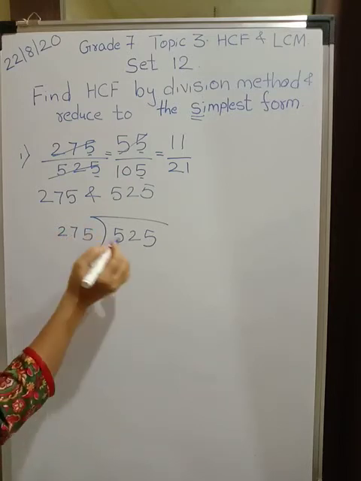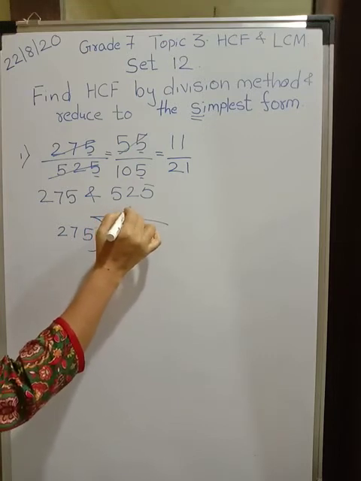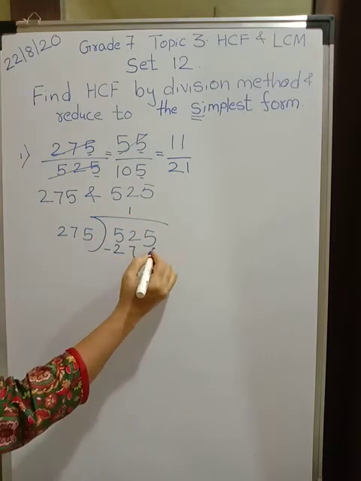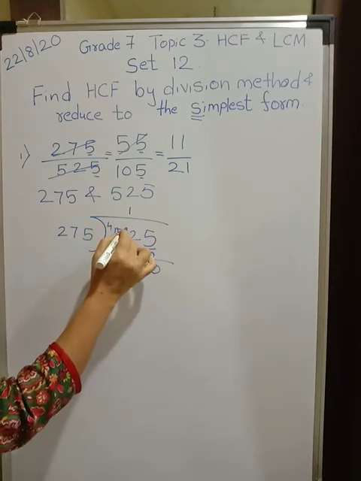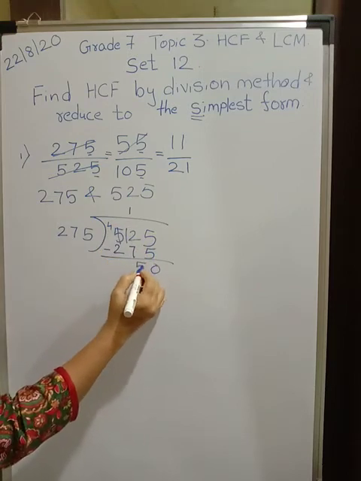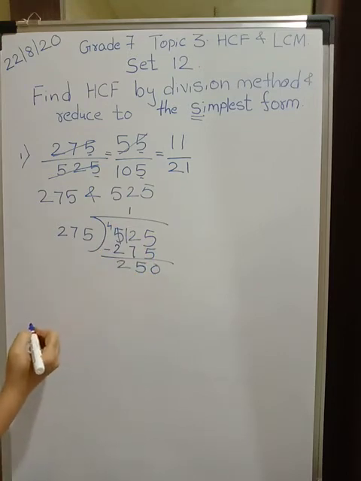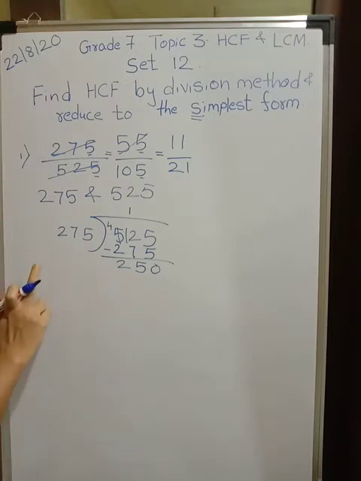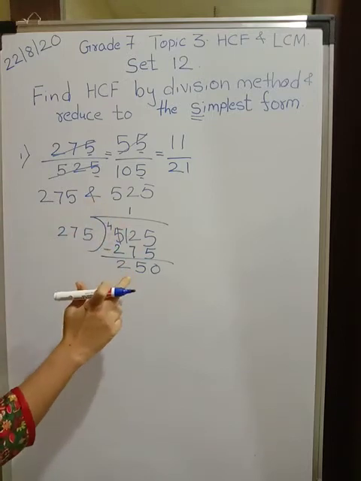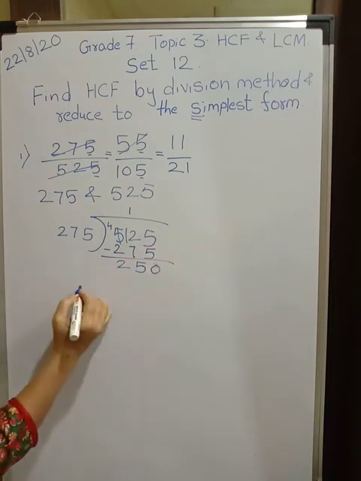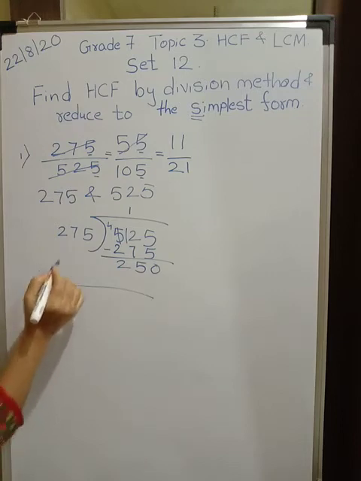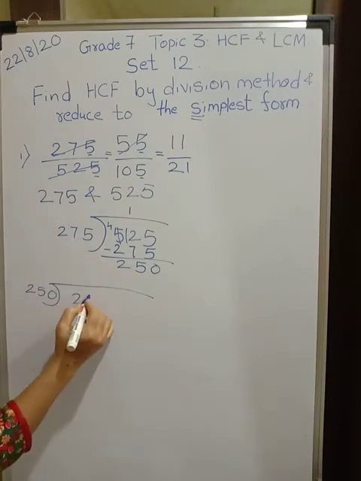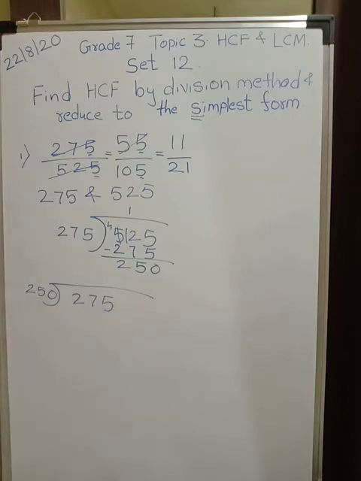Now this can't be divided by 2, so we have to divide by 1. 275 ones are 275. Subtract this, you get 0. Here it will be 4, 12. 12 minus 7 is 5 and this is 250. Now whatever is the remainder will act as the divisor and this divisor will act as the dividend. So next, I am showing here, this will act as the divisor and the initial divisor will act as the dividend. Are you getting it? So now again 250 ones are 250.